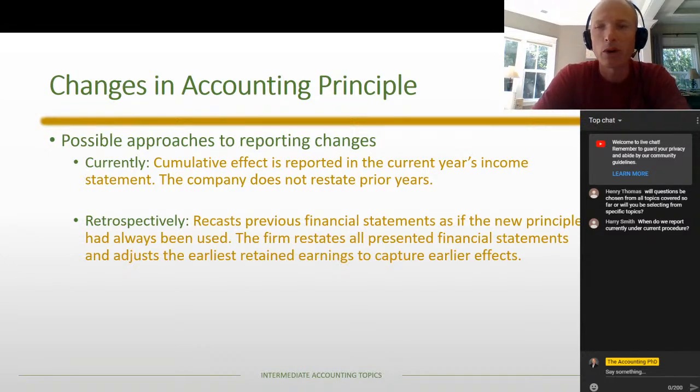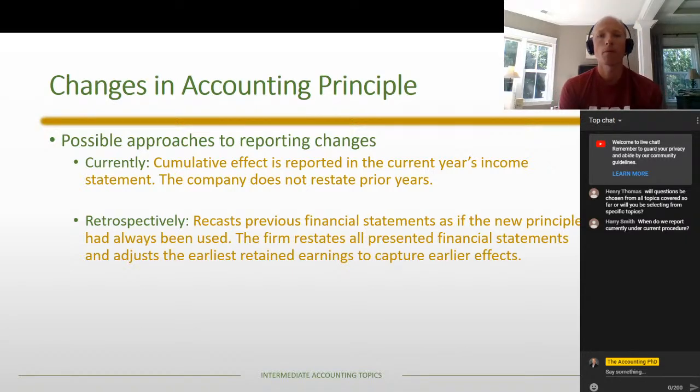Again, we're going to get there. I'm going to talk you through the three, and then I'm going to talk about the one they actually use. The second approach is what's called the retrospective approach. And what you do there is you actually recast previous financial statements as if the new principle had always been